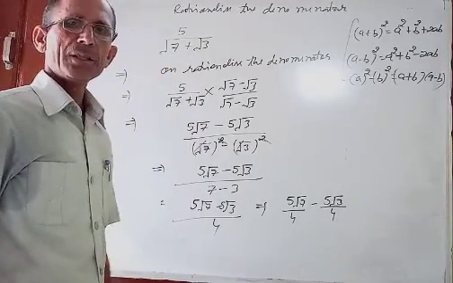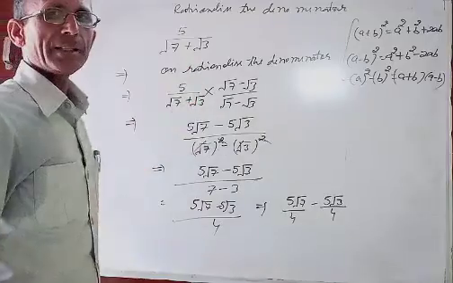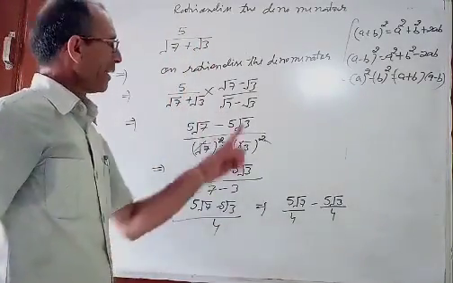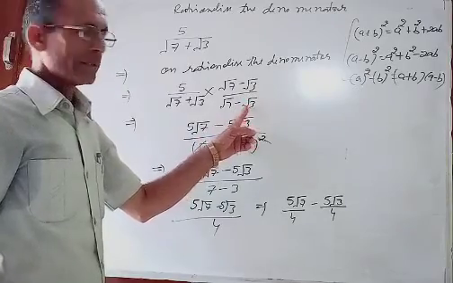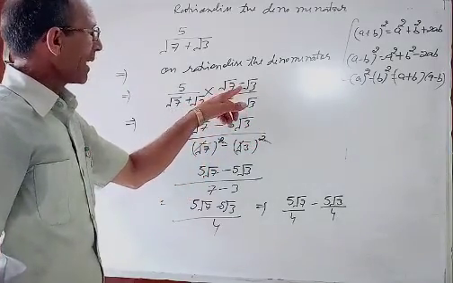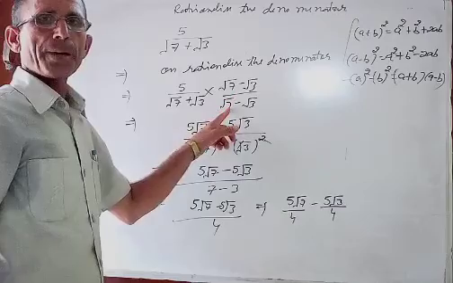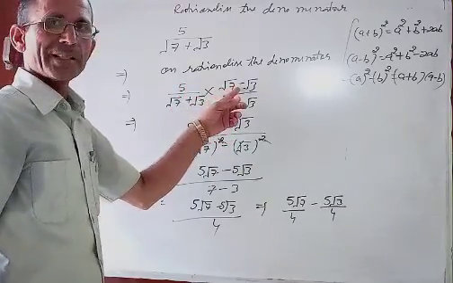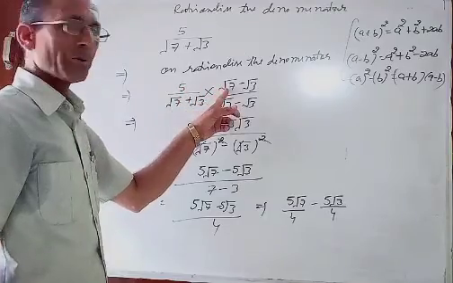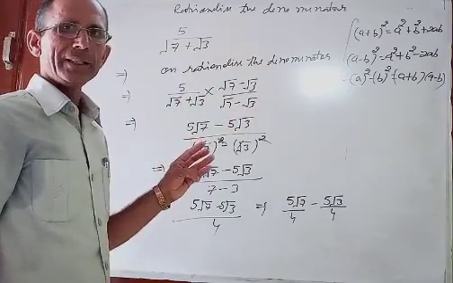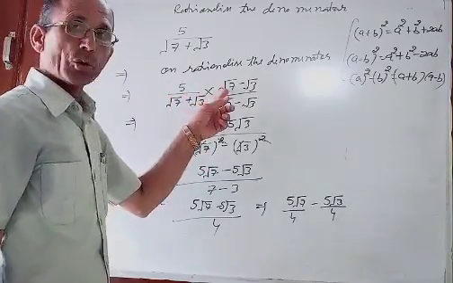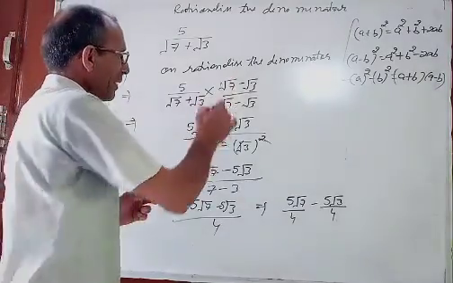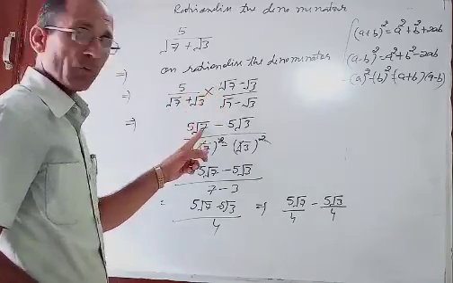Have you understood? Once again I am repeating. For rationalizing the denominator, first change the sign, multiply and divide. So after changing the sign, root 7 minus root 3 by root 7 minus root 3. You have to multiply 5 with each. When you multiply 5 root 7, keep this in your mind: don't write root 35, this will be wrong. What is outside? There is 1. So 5 multiply with 1, 5 root 7.